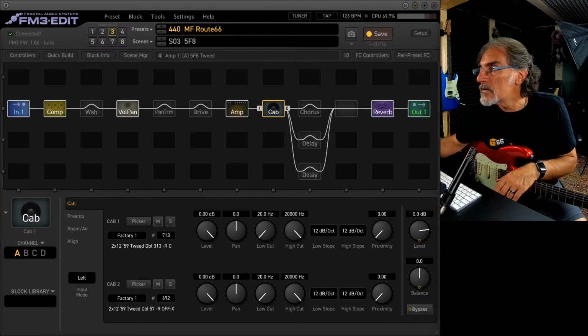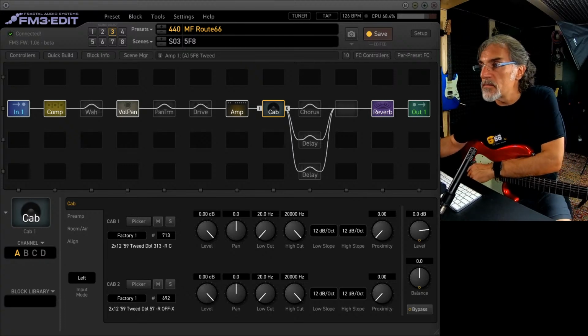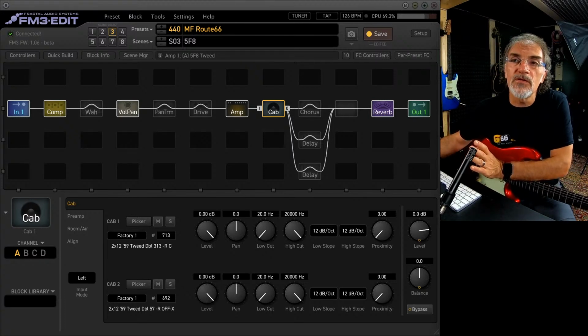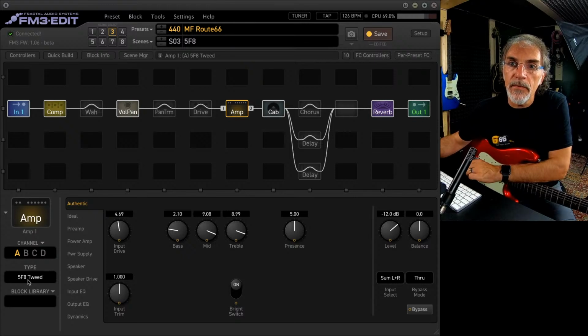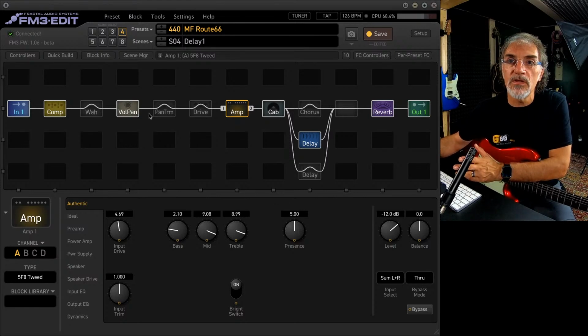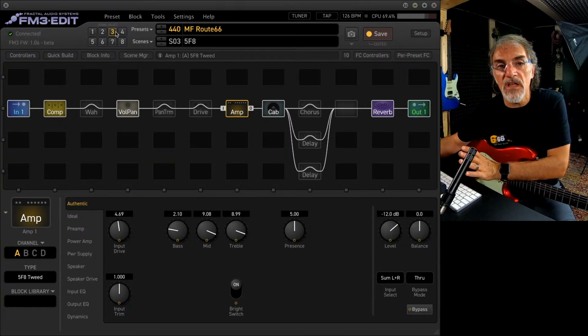Thanks, Marco. Okay, does channel switching affect the sound? The question from Daniel. Absolutely, it depends on you, because if you leave the amp as it is, no. But for example, from scene number 3, let's check the amp. On the amp block, I have the channel A on the scene 3. If I switch to channel 4, the amp is the same, it doesn't change. But what happens? I only switch on the delay. It depends on you what you want to change in the scenes.